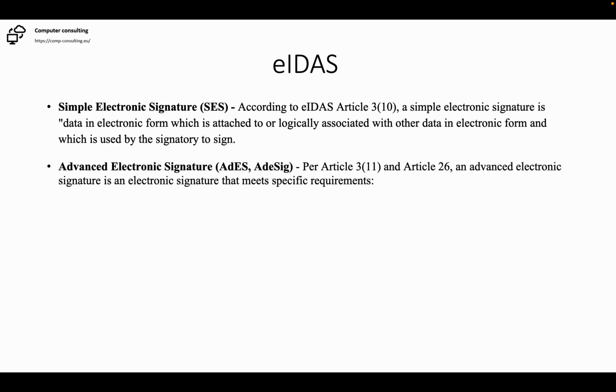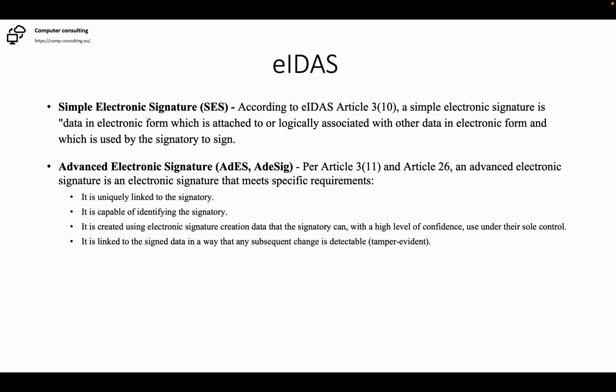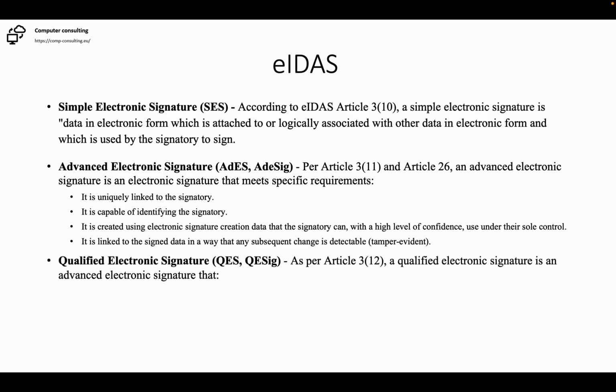We have the simple electronic signature, the advanced electronic signature, which is uniquely linked to the signatory, and it is also defined that the signatory has a digital certificate which was issued when he was identified. And of course we have qualified electronic signatures,